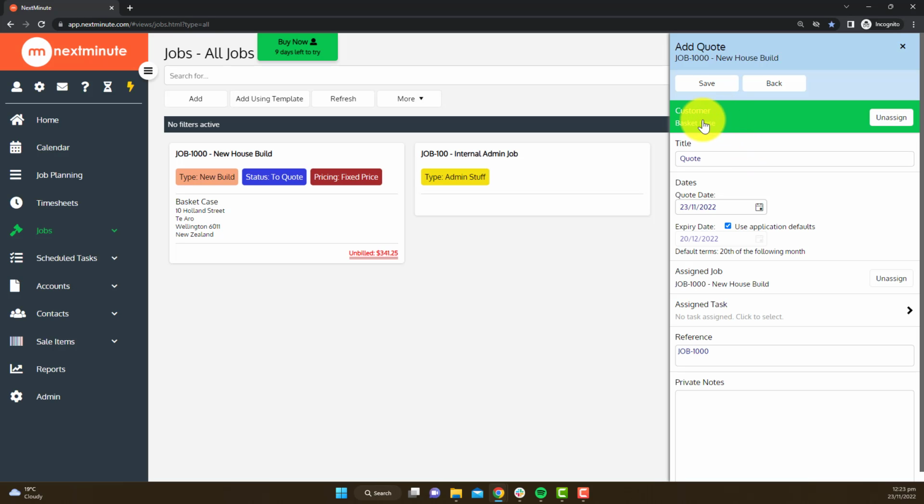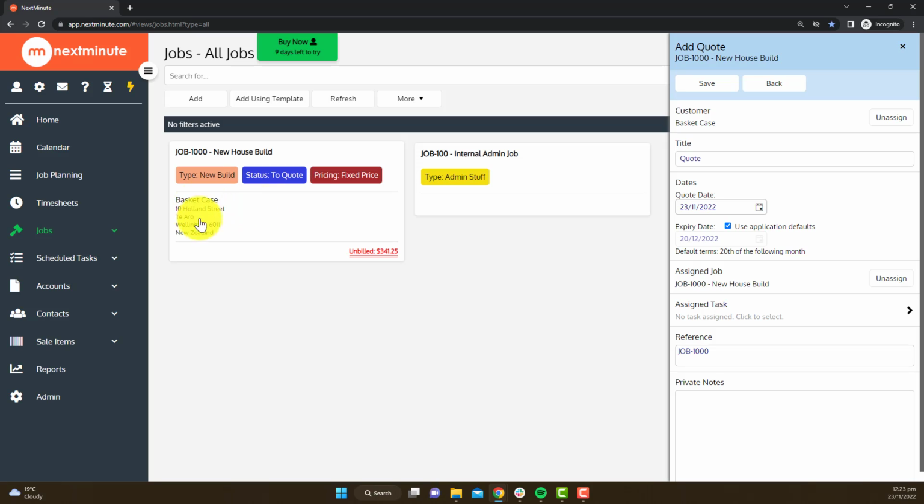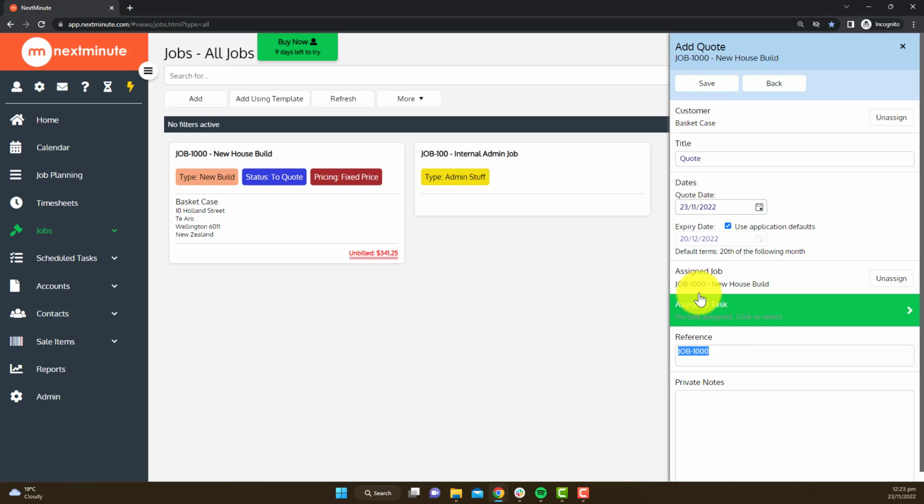This screen here already knows who our customer is. It takes that from the job card, and it uses the job number there as the reference for the quote, as you can see there as well. Now you've got some default dates for the date and expiry date of the quote, which can be adjusted in your admin settings, or you can adjust here if you need to, and also change the title. So just click save there,